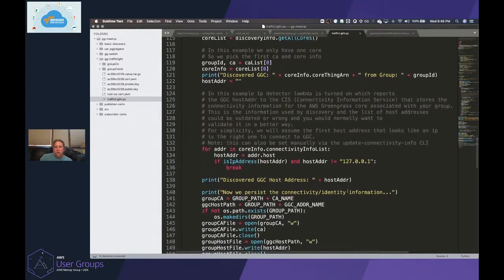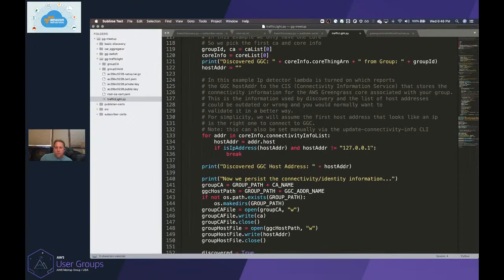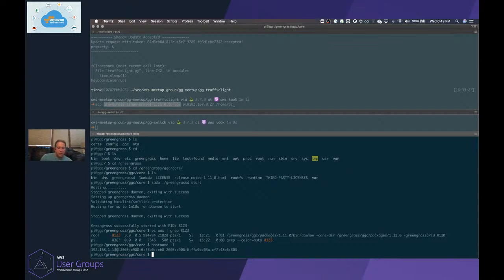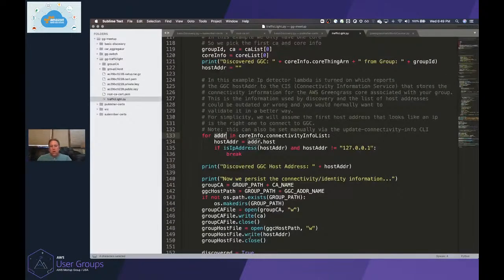And so once it successfully connects to AWS, it'll get the connectivity info list, and then inside of that is a set of addresses. So registered within the connectivity infos is the IP address of the Greengrass-Core device itself, the IPv4. Then also the IPv6 address is also registered, and another address that's registered within that connectivity list is the localhost loopback